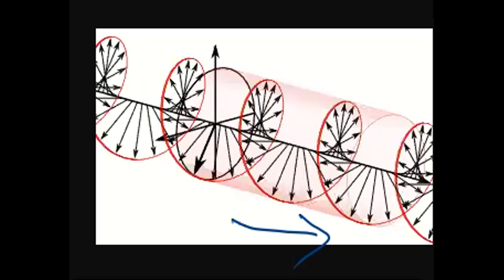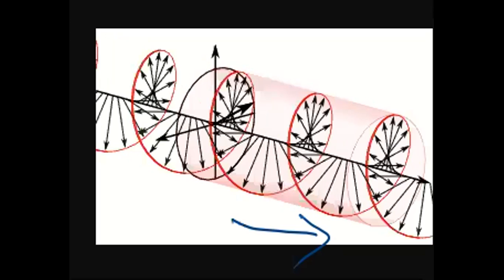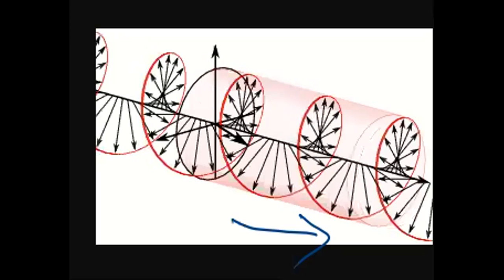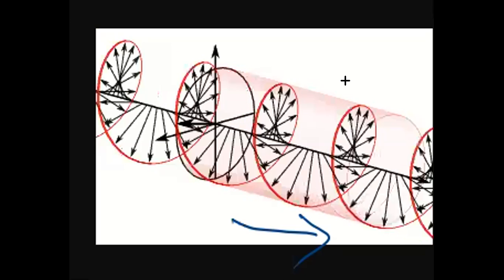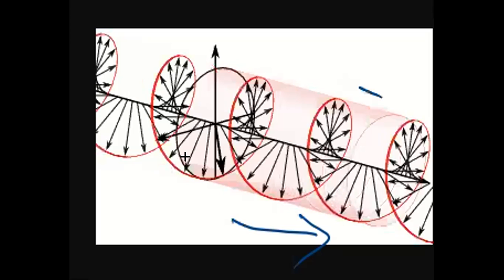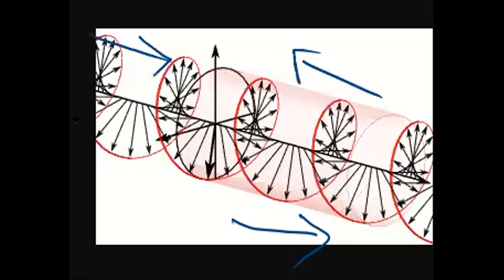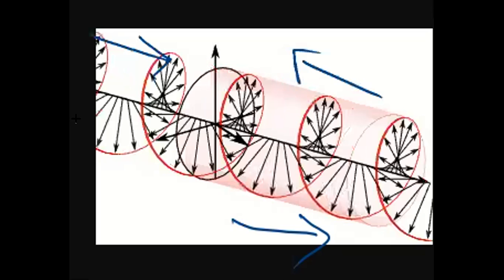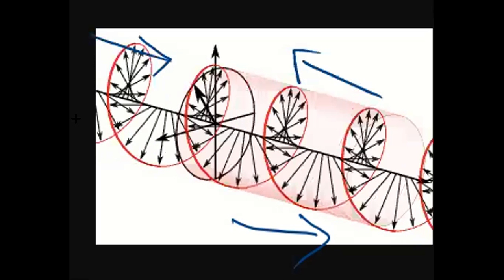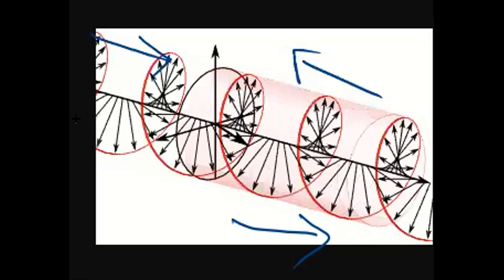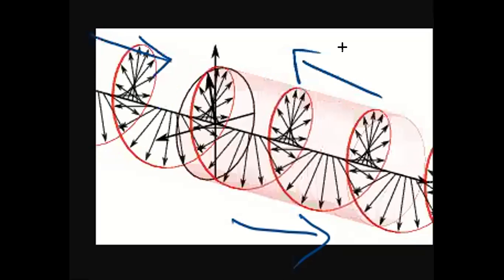Then you again have to make sure whether it is clockwise or anti-clockwise, which is another confusion. If you observe from here, it is clockwise; if you observe from there, it is anti-clockwise. That means one more definition is needed: whenever you do the polarization measurement, from which angle do you have to measure? Because this is rotating, if you see from here, it is clockwise.